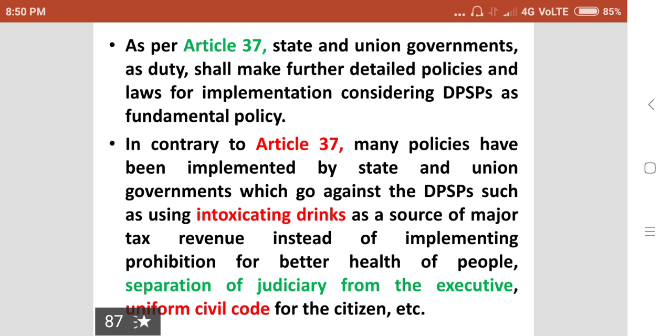Contrary to Article 37, many policies have been implemented by state and union governments which go against the directive principles of state policy, such as using intoxicating drinks as a source of